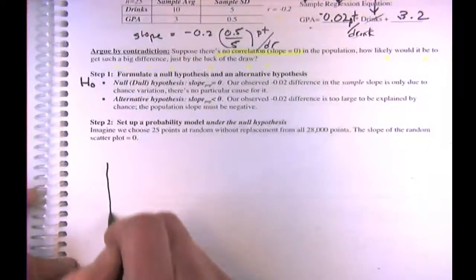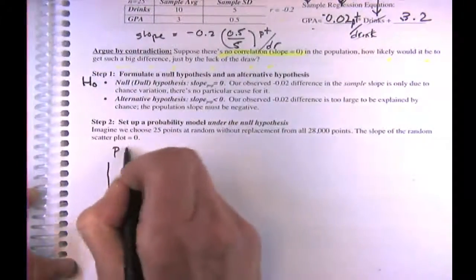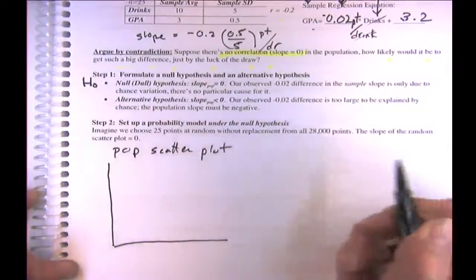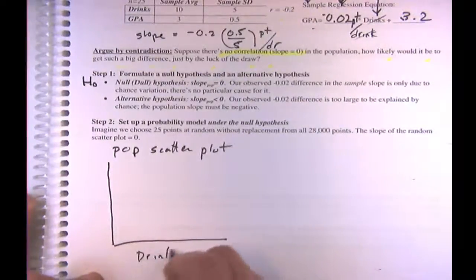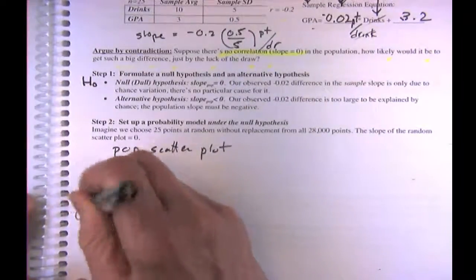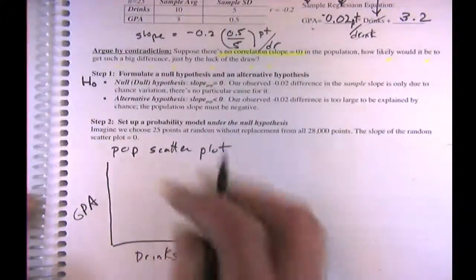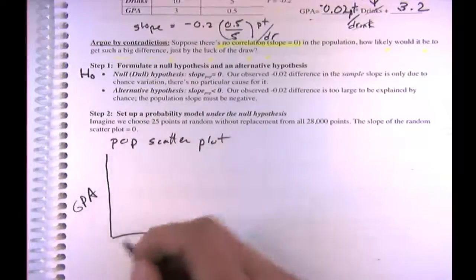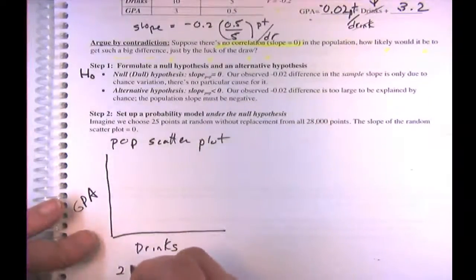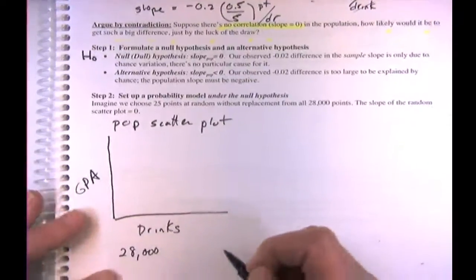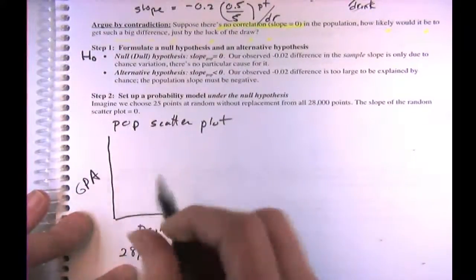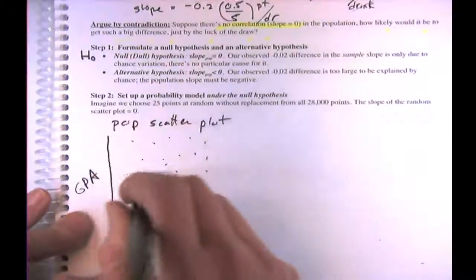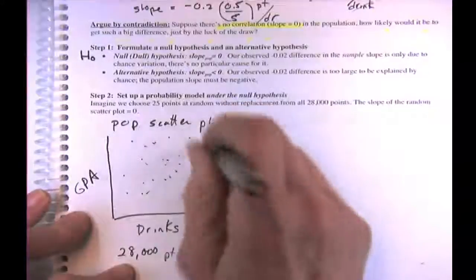So let's just pretend we have a population scatter plot, and this is what our null says, that we have drinks here, and we have GPA here. There's our whole population, so there'll be how many? 28,000? What did I say? Whatever. I don't really know how many undergraduates there are, but let's say there's 28,000. Theoretically, there's this scatter plot that exists with 28,000 points, and we're trying to estimate,